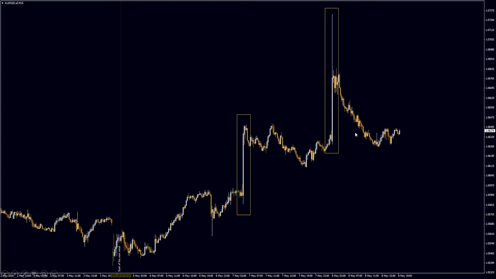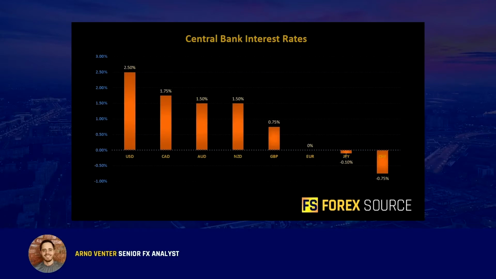So where to from here with the Aussie-New Zealand pair? Well guys, at the time of this recording, you can see that the AUDNZD has paid back the majority of the bullish move which resulted from that RBNZ rate cut. But despite this, our analysts still see some upward potential for this pair for the following reasons. Firstly, after the RBNZ's rate cut, there is now no longer any difference between the Australian dollar and New Zealand dollar interest rates. Secondly guys, the RBNZ has lowered their forecast for their OCR rate by September 2020, which means that there might be another rate cut on the horizon.